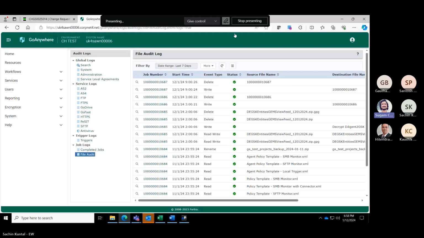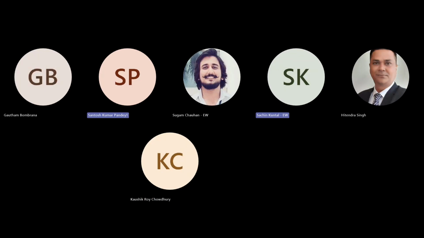If you have any questions, you can ask, or then we can wrap up the session. Any reports that we are generating or sharing for this particular tool? No, for GoAnywhere, we are not sharing any report. As of now, we haven't received any such request from Lucas that any report needs to be generated and shared. So as of now, no.